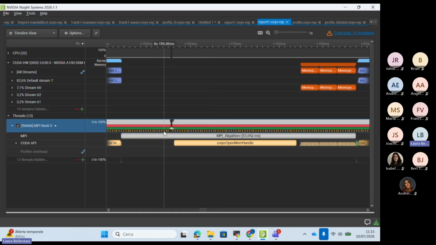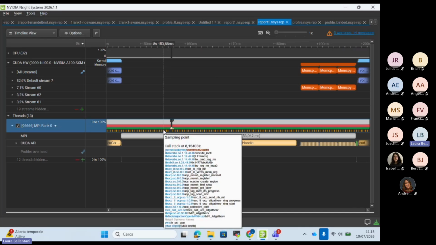You can also, with the sampling point, check which is the actual library used in the MPI communication. For example, from here, I clearly see that this is using UCC. Now, the latest versions of HPC-X MPI use UCC, but in some versions they use HCOLL. HCOLL and UCC are different libraries, so maybe you want to know if it is actually using UCC or HCOLL. This might depend on the installation. So I think that this sampling point for the MPI communication can provide valuable information.